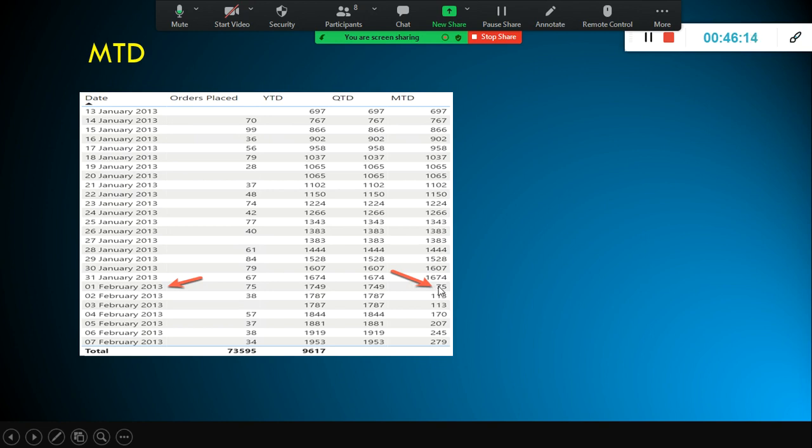We are resetting the value for month to date. But year to date and quarter to date still remain the same, because every new quarter, January, February, March, this value will get reset, and every new year this value will get reset. But for every new month, the year to date and quarter to date will remain as they are. Quarter to date also will get reset for every new quarter. This is a basic thing you should be aware of.